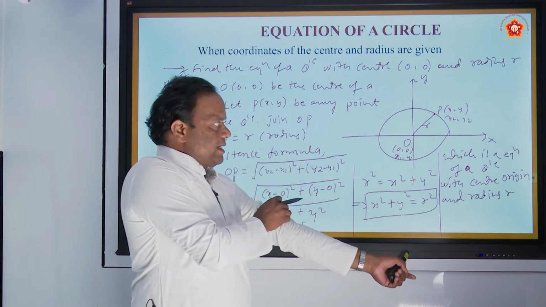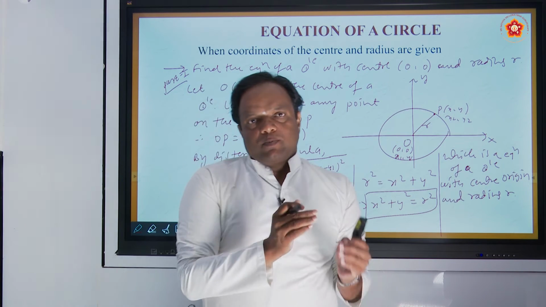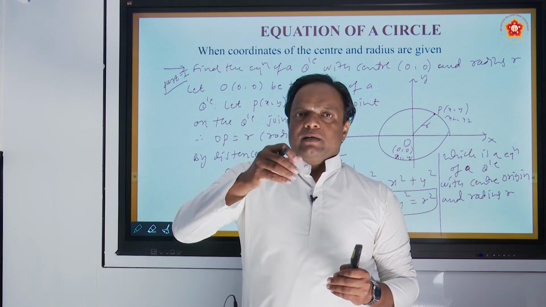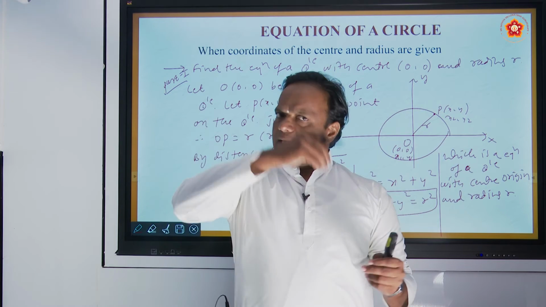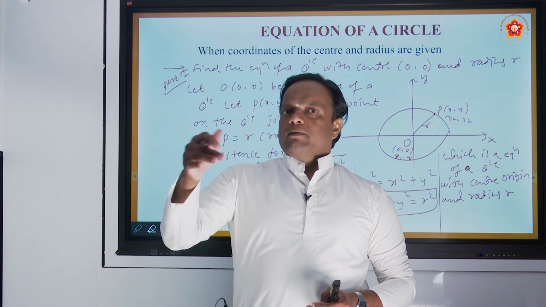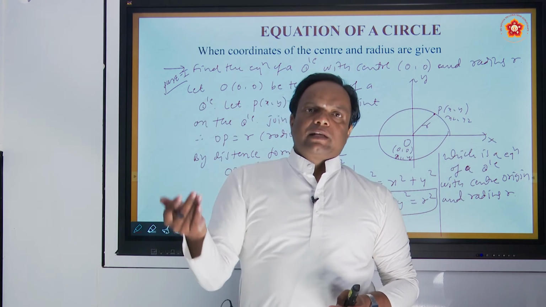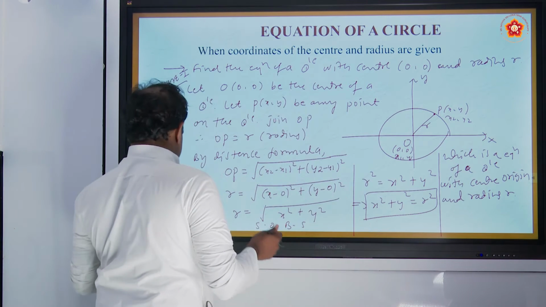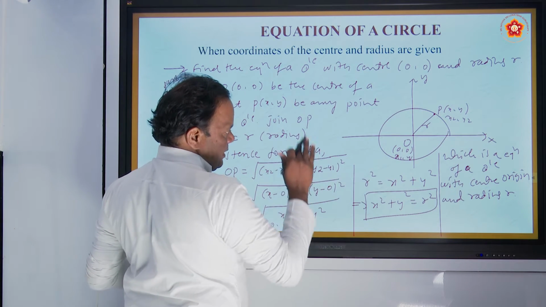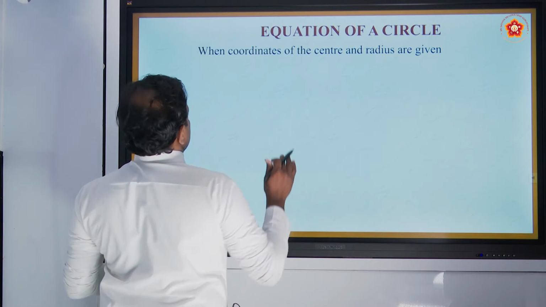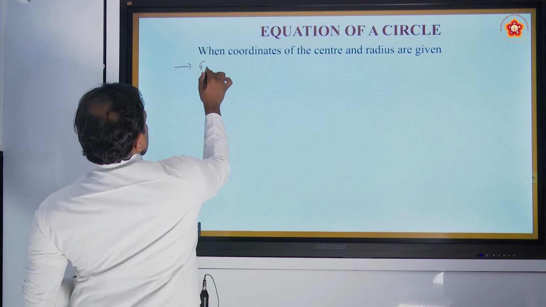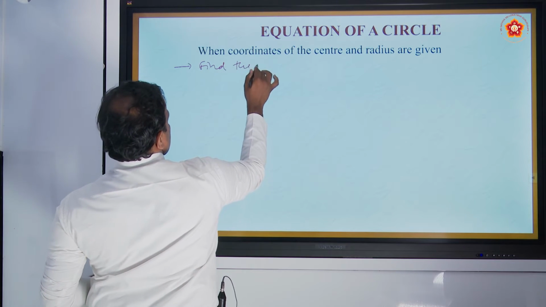So suppose we take center h comma k, means both positive. Suppose we shift the circle center to the first quadrant, or any other quadrant. It will not come to 0, 0 if we take any quadrant. So second part is, you pause the video and try this first part. The second part is find the equation of circle or derive the equation of the circle.